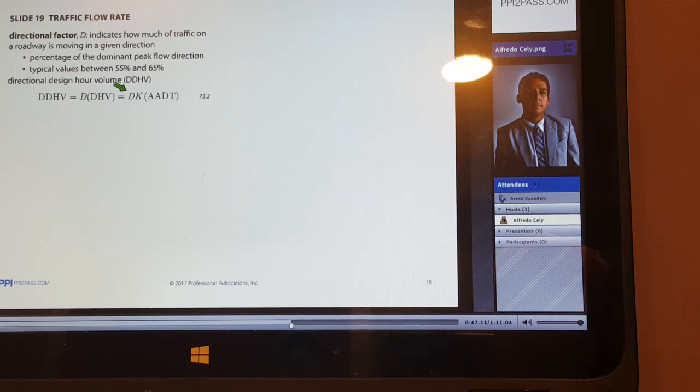Now the directional factor can range quite a bit, let's say 50% for a central business district where we just have the same amount of traffic in both directions. And it can vary up to 80% for rural roadways at peak hours. Think about for traffic